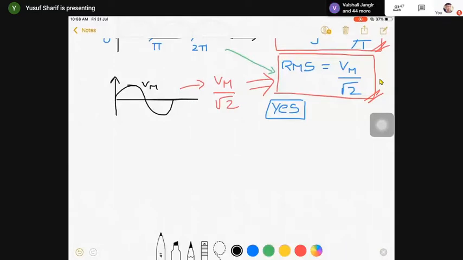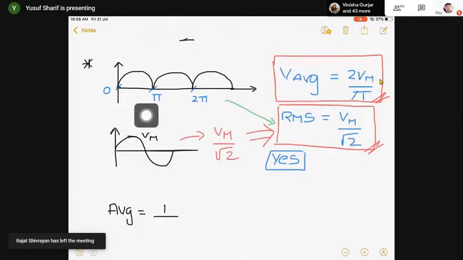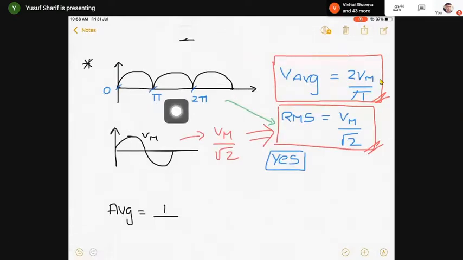Average का expression I'm not writing. Okay, fine. Let me write down. लिख देता हूँ. It will hardly take a minute. What about the time period in this waveform? That is the key. अगर time period आपने सही बता दिया, you will get the result properly.